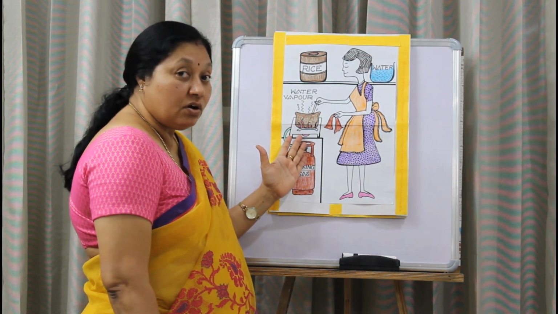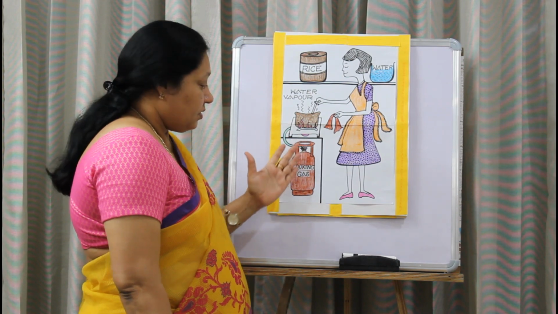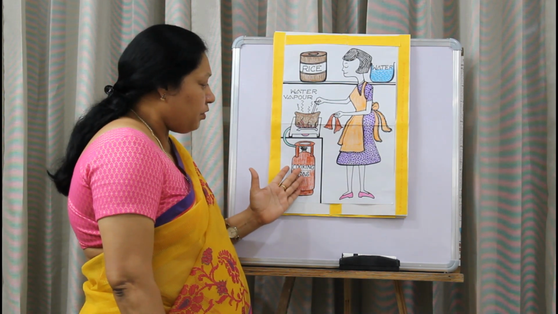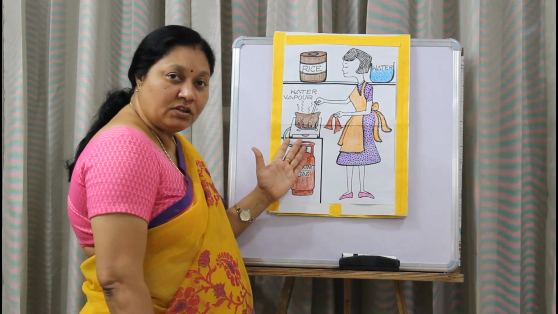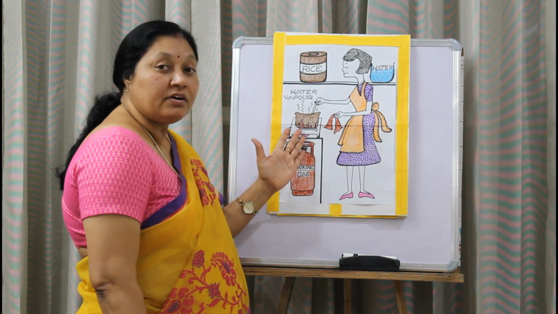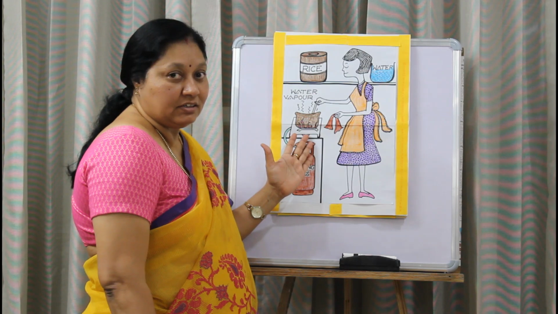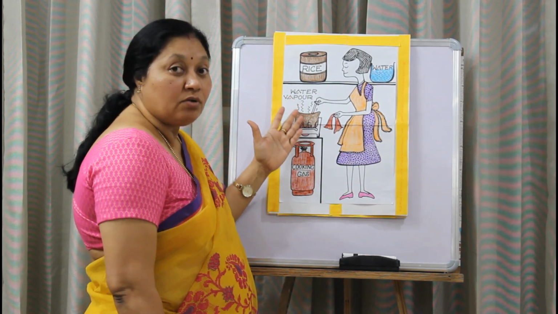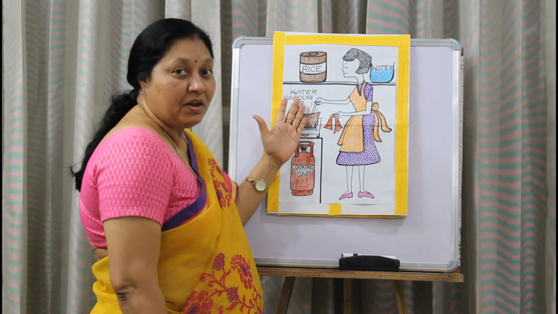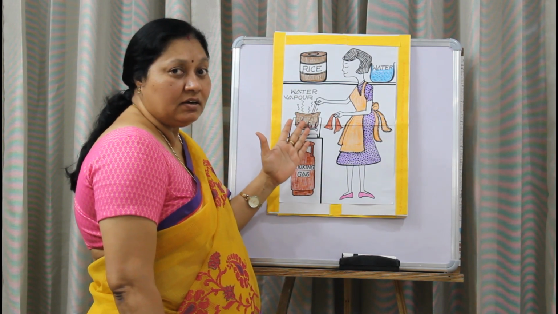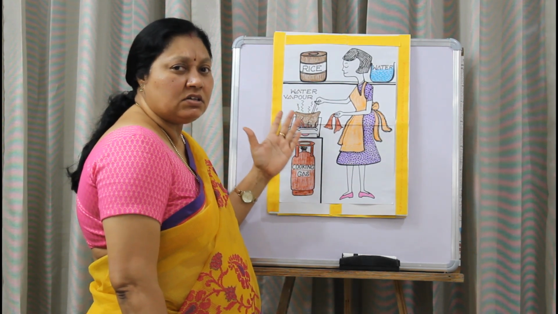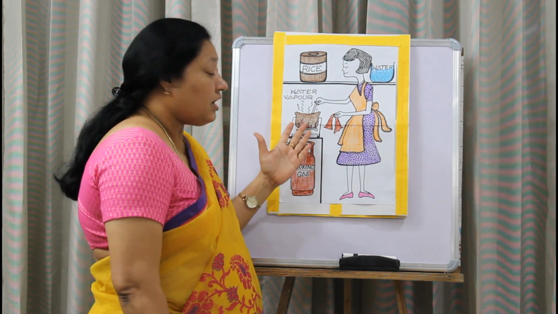She needs to turn on the flame. And here is the cooking gas. With the help of the gas, she could turn on the flame and she started cooking rice for her kids. You could see some water vapor coming out of the bowl. As the water started boiling, the water vapor is given out. Maybe within 10 to 15 minutes, the rice is ready.